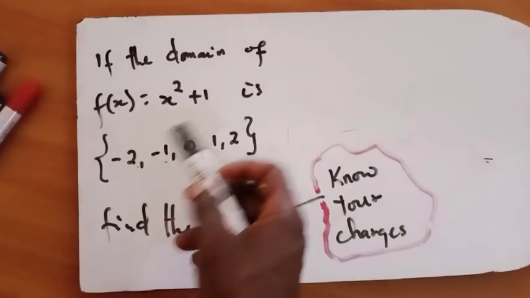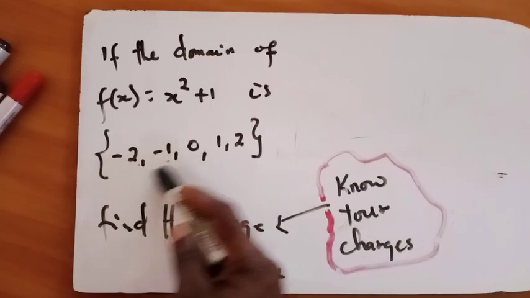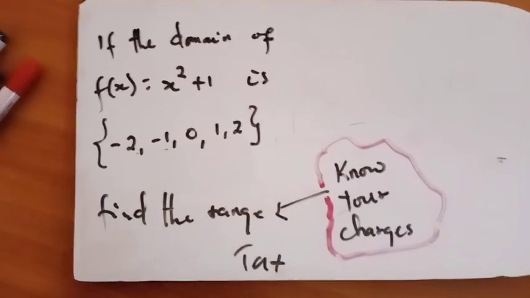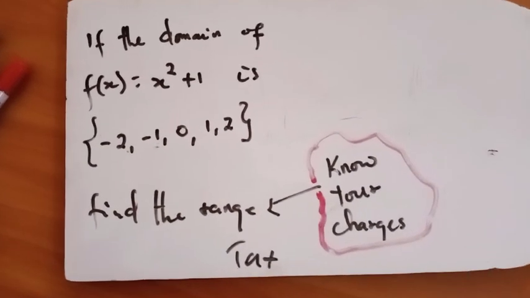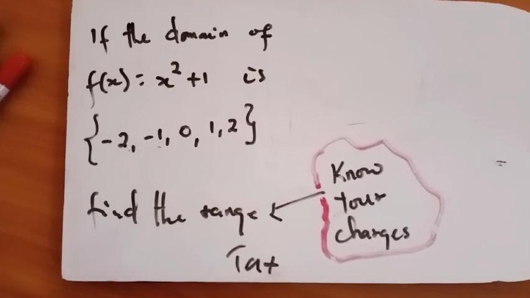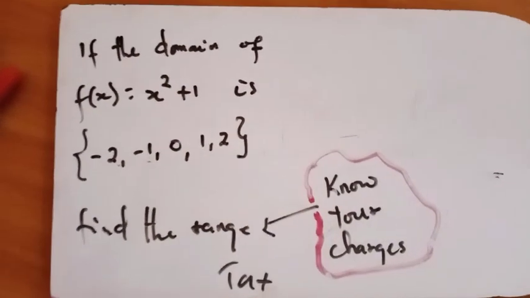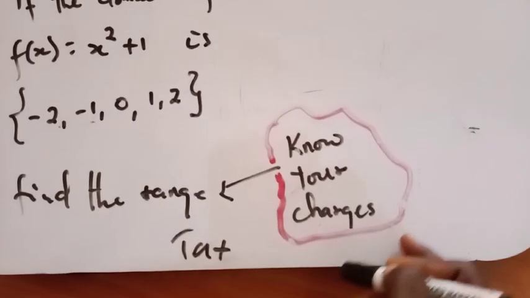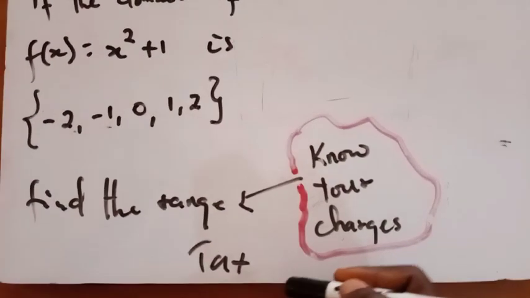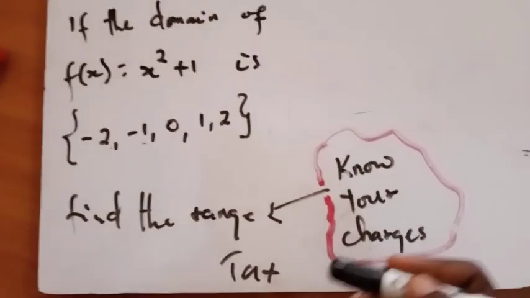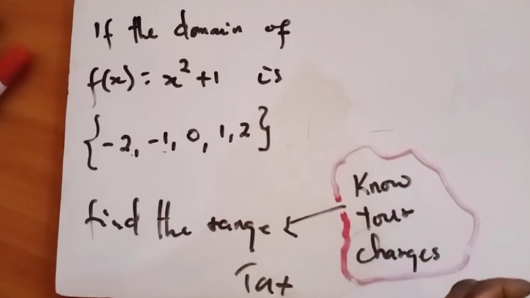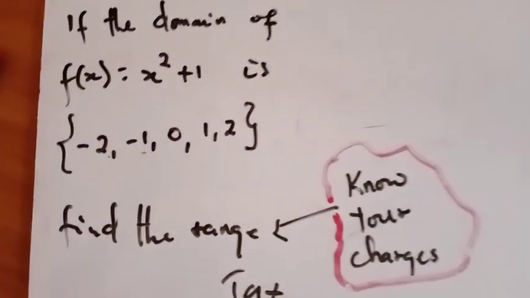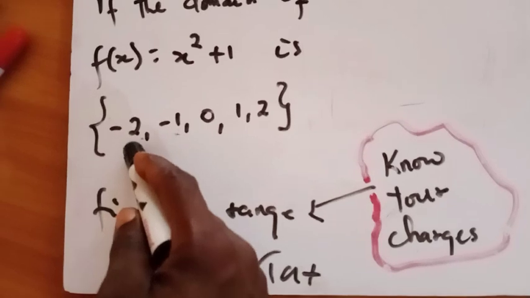If the domain of this function here is this number, say find the range. Now what I mean by that is it's very important to understand the meaning of the range from this perspective. You must know some of your charges before you do whatever you want to do in any country. Now what I mean by that is assuming you take a -2, so you borrow an amount